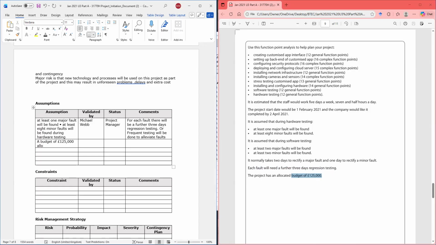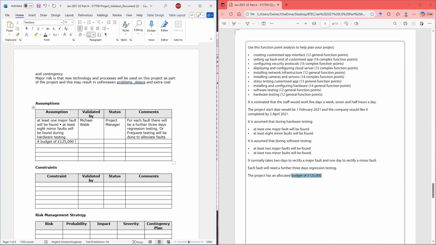No, it would be a budget of 125,000 pounds. All right, so we assume there's an assumption that there will be a budget of 125,000 pounds, right?